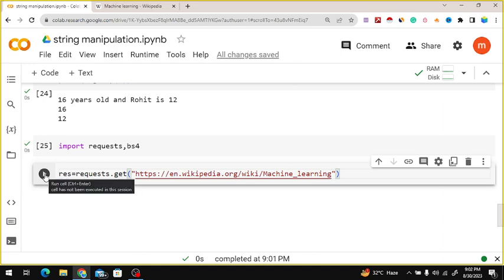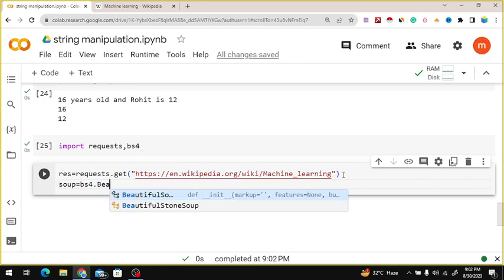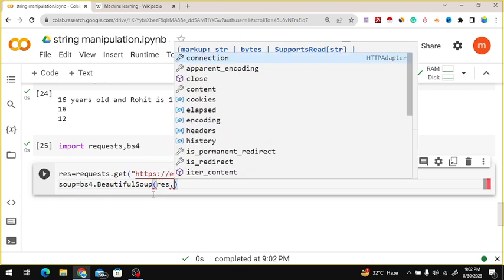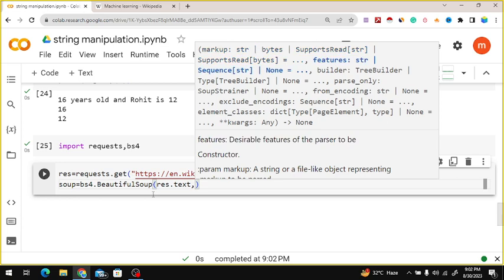Let's see if I am getting the data. So the data has been loaded here. Now I am using BeautifulSoup, and soup should be a variable, equal to bs4.BeautifulSoup of res.text with the html.parser.